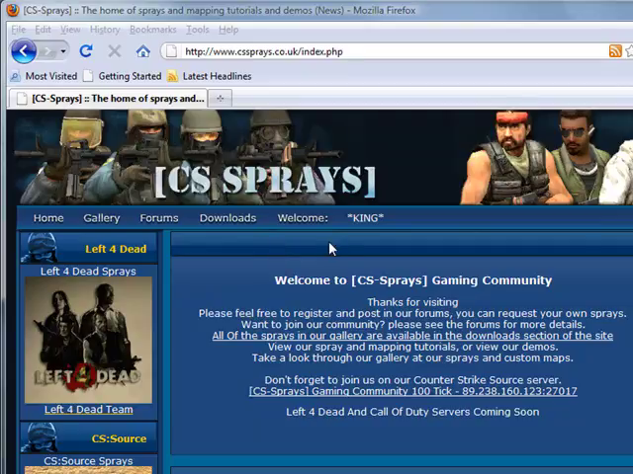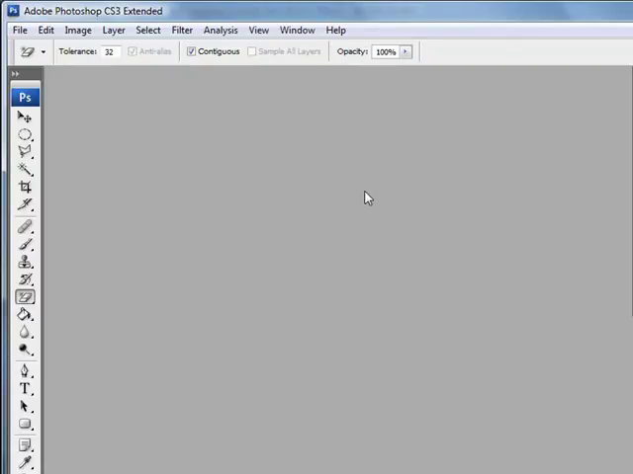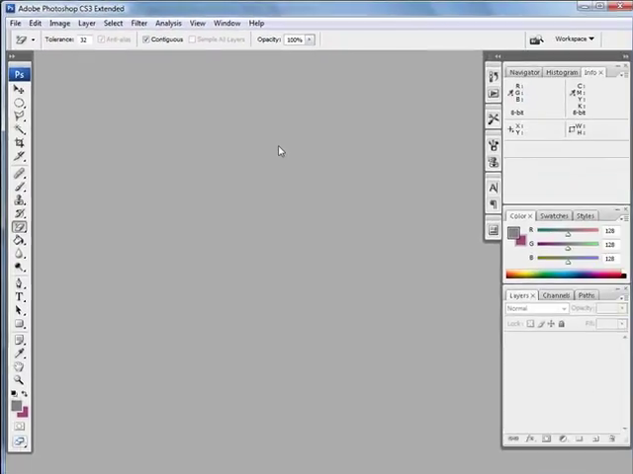In chapter 3 we're going to be discussing Adobe Photoshop. I'll just show you around the software to make you a bit more familiar before we start actually creating the spray. So if you go down to Start, Program Files and open your Adobe Photoshop CS3, you should see something